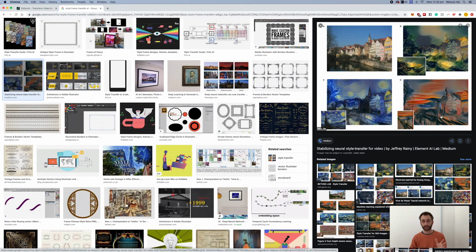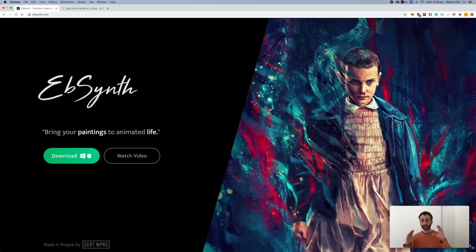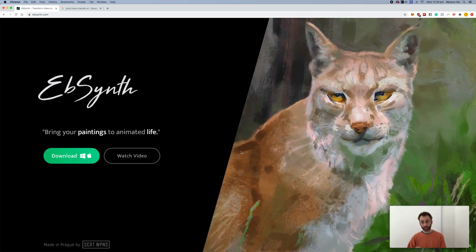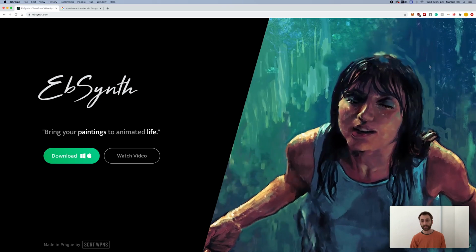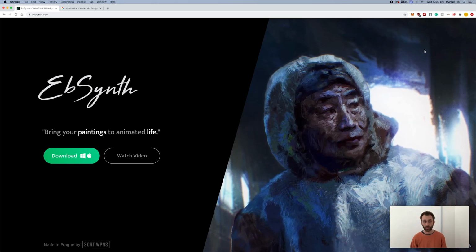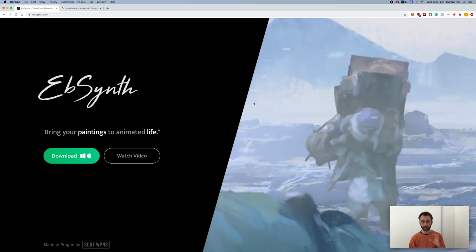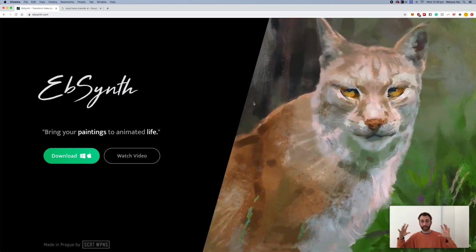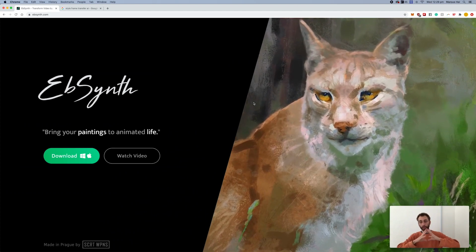style and combining it. However, EbSynth is a bit more video focused and tries to incorporate aspects of rotoscoping into the style transfer world. And so what they try and do is you take a style frame that tries to match up your source. So you draw on top of your frame, for example, and then it mixes the two to create videos. And these are some of the examples they have, where they just take a single image, one of the frames of the video, they draw on top of it, and then the AI machine spreads and populates that across the